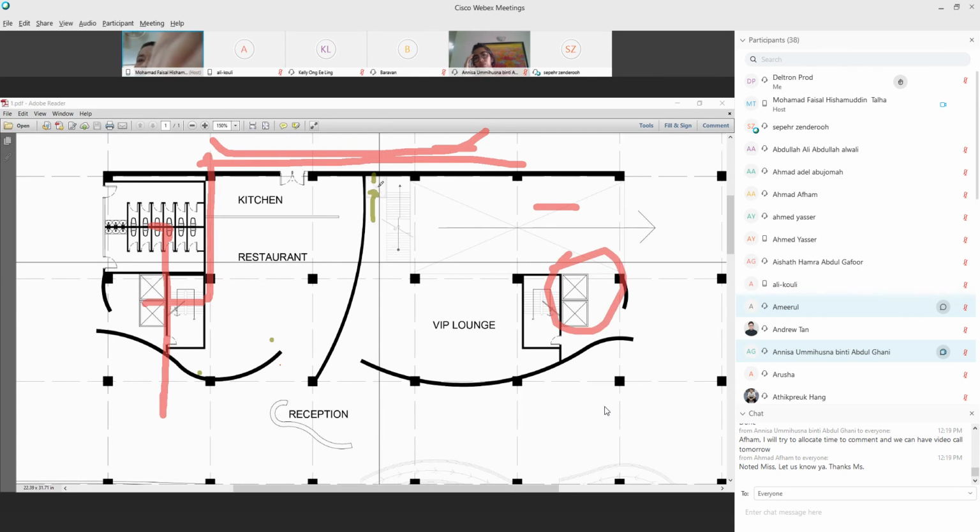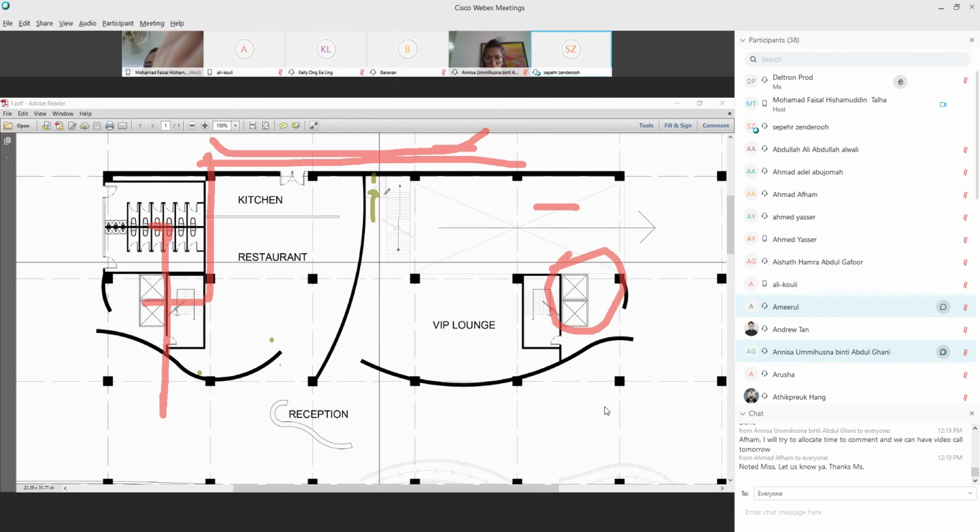This one is a lift for the VIP lounge, directly to the backstage. Why do you want the VIP to go to the backstage? Because they want to perform. For example, there is a singer who wants to perform. So from the VIP lounge, they go directly to the backstage, and they go to the stage and perform.